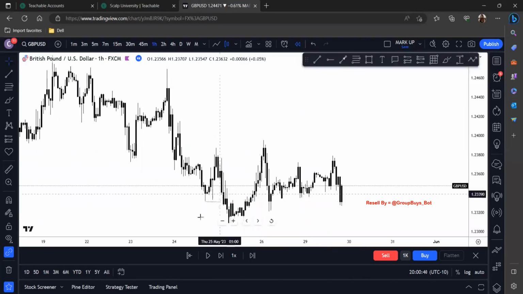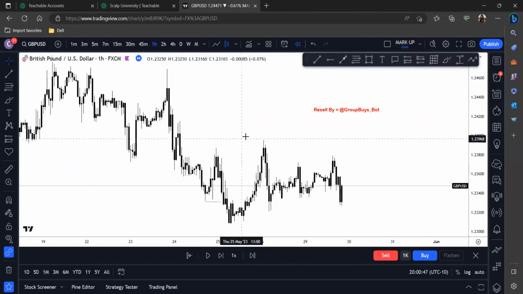Price had cleared liquidity right here. Okay, that's crooked, but whatever. So we cleared liquidity right here, and then we went ahead and also broke structure at this area over here. But the thing is, we broke structure on a lower time frame.